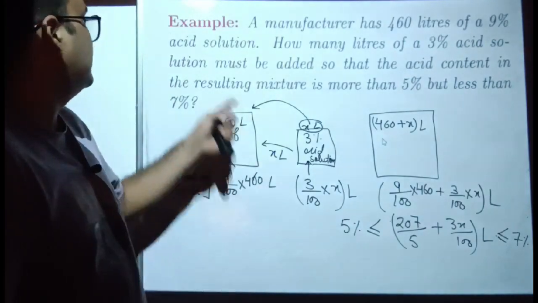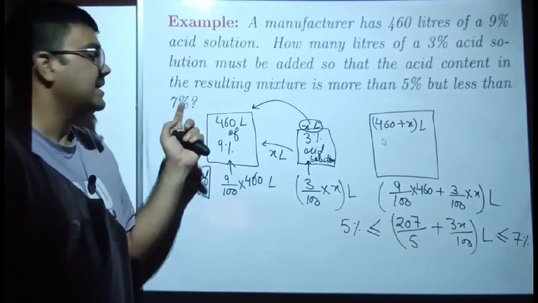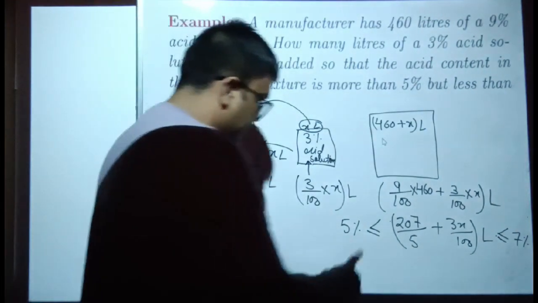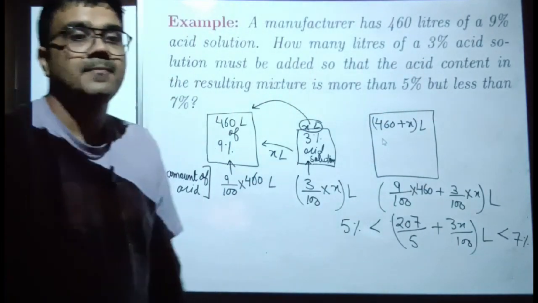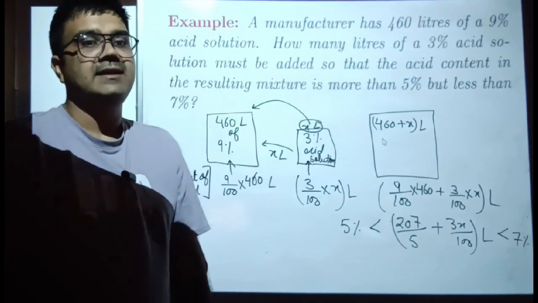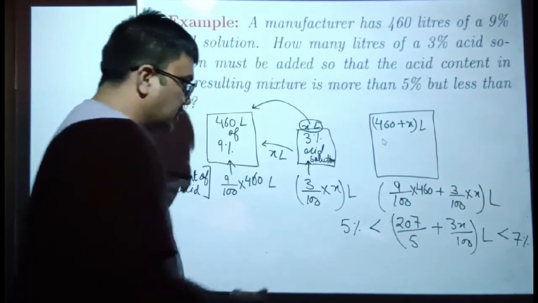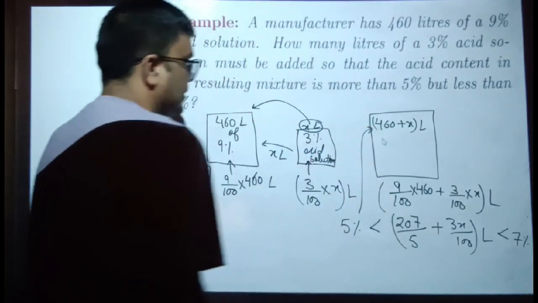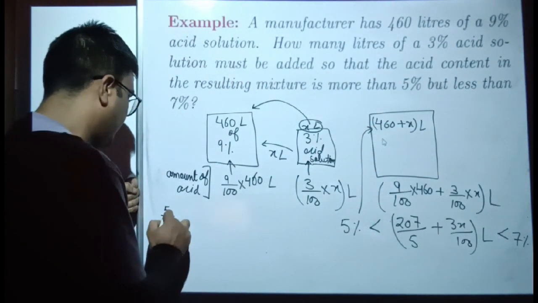This is given over here. The resulting mixture is more than 5% but less than 7%. It means strict inequalities we are talking over here. So if we rewrite these inequalities, we are saying 5% of what? The total solution. So if we rewrite this inequality, we will get 5 by 100